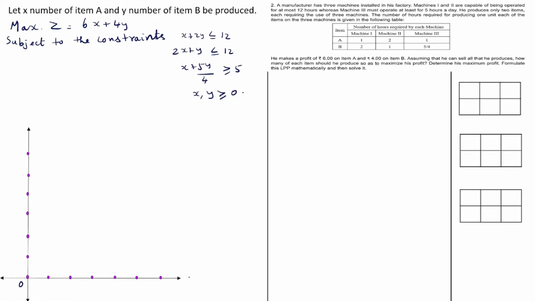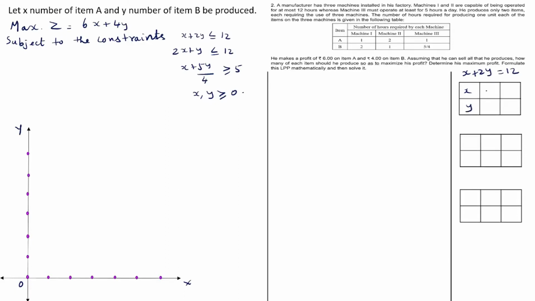So on a graph sheet, let us draw the axis. We have the x-axis and the y-axis. We have to consider these inequations as equations and we have to draw the line corresponding to these equations. So let us take the first inequality. The equation corresponding to it is x plus 2y equal to 12. So if we want to draw the line corresponding to x plus 2y equal to 12,